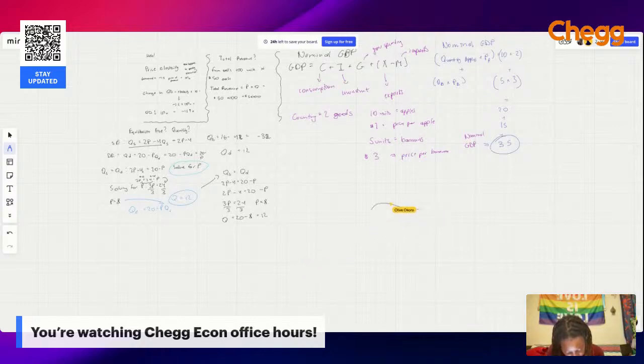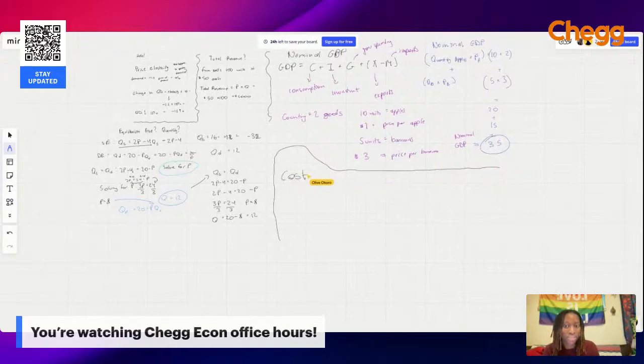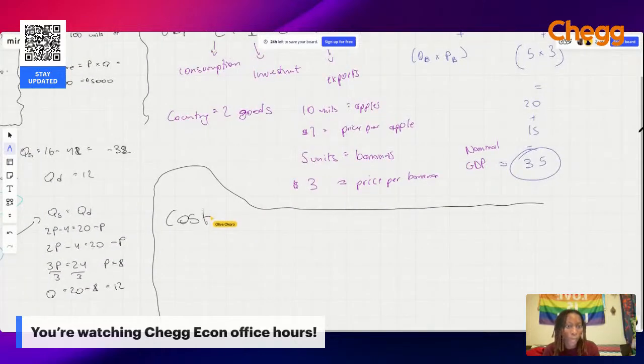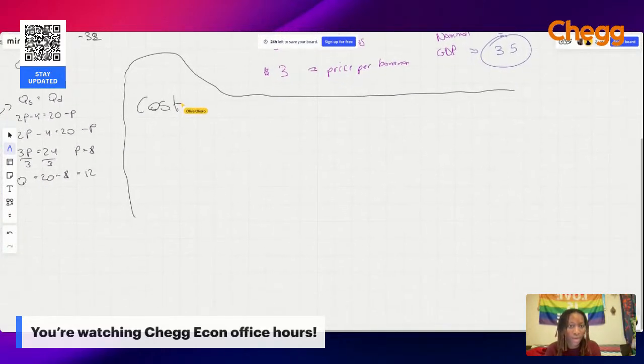It's going to use a space, and we're going to be doing cost analysis. Let's zoom in a little bit so you guys can see. Perfect. Okay, cost